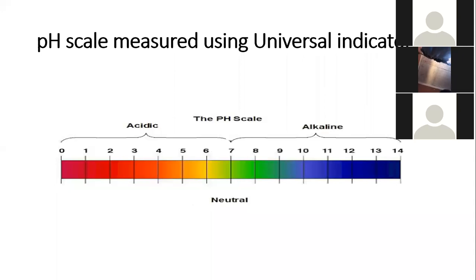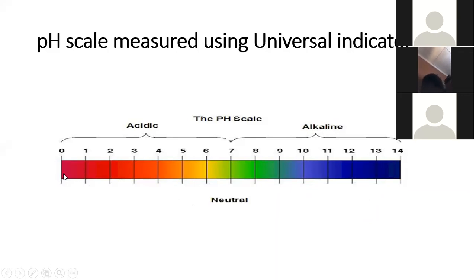Okay, so this is how the pH scale is measured using the universal indicator. As you can see on the scale, there's a wide range of colors there. Now the 7, as I said, is the neutral point. From 7 going downwards to 1 or to 0 measures how acidic a substance is. So this acidic content starts from 6.9, 6.8, 6.7, 6.5, 6.4, 6.3, 6.2, 6.1. So how acidic a substance is starts from 6.9 to